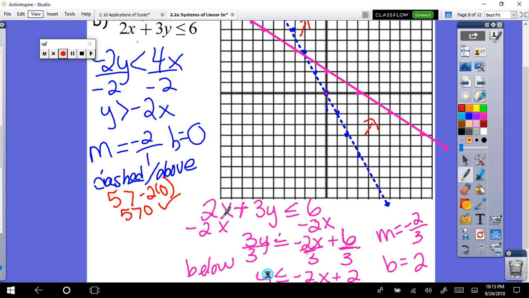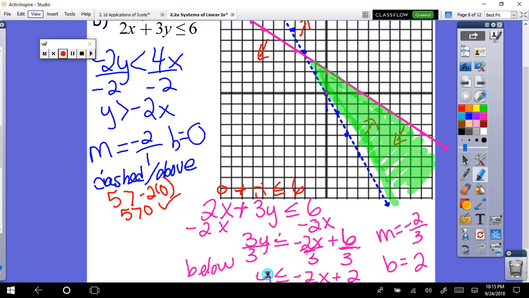Go right back to the original here, plug in 0 for x, you're going to get 0. Plug in 0 for y, you're going to get 0. 0 plus 0 is less than or equal to 6. 0 is less than 6, yes. So we'll be shading below. Now you can see that they're going to overlap above the blue dashed line, and under the pink line they're going to overlap right here. So the solution set will be